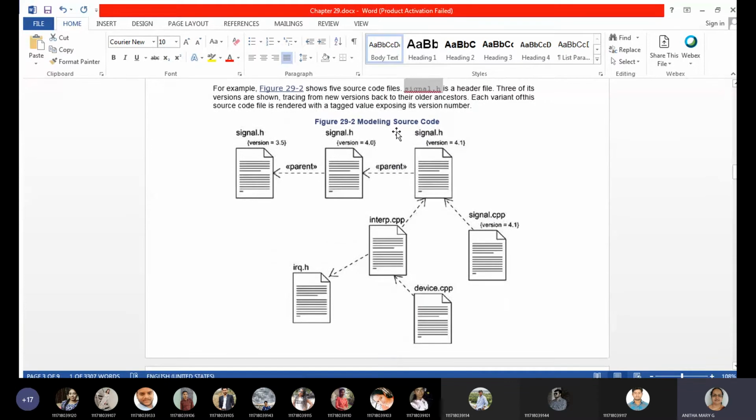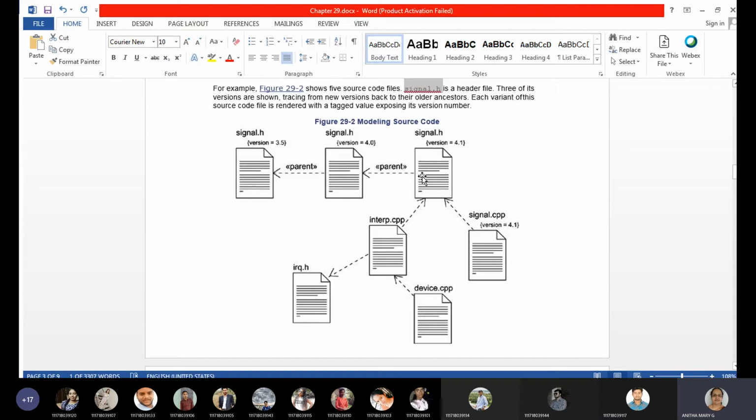So signal.h is the source code, and here we are specifying the version. Whichever new versions come up, some more updates have been done on top of the existing one. So that's why the new versions depend on the older version, and that's how we give the dependency sign.